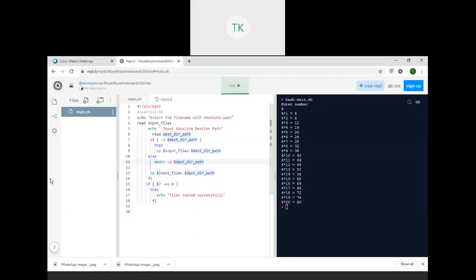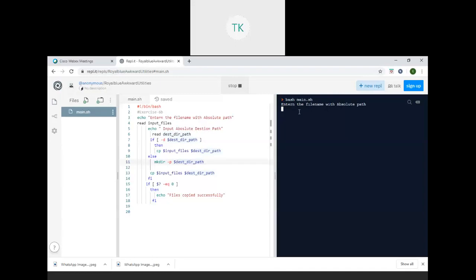Here, try to understand the first panel. Within the first panel, I don't have any files in my current working directory. The only file which is present is main.sh. I can create an ordinary file, and I can create a directory file also. Here we'll see how we are going to execute this, how by executing this it will take an input, and then how it will create a file and where it is going to be placed in the first panel. So the first one is enter the file name with an absolute path name.